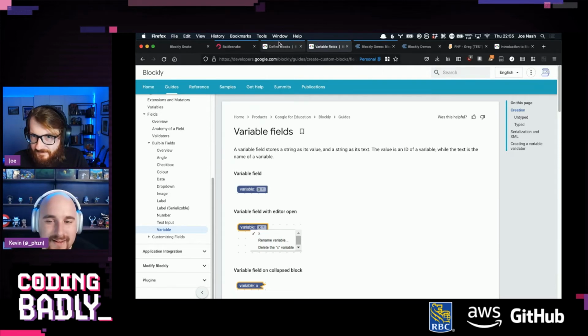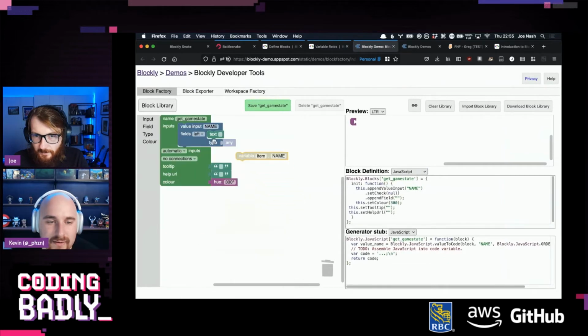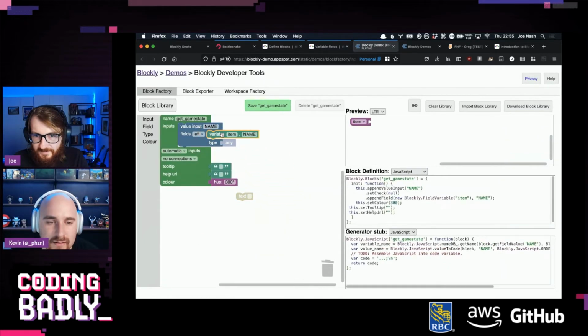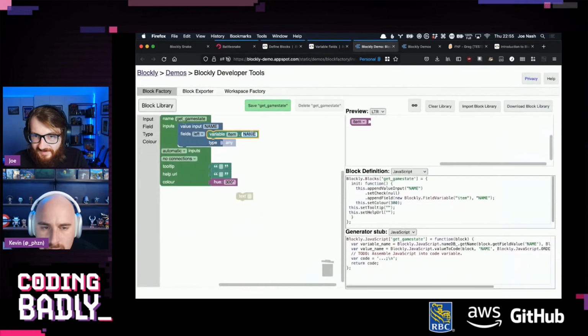Yes. But that's going to have to be a variable defined in Blockly. Variable, item. Okay, so, and then this is the variable? What are these things? Why are there two? I don't understand. Is this setting the... Why do we have item and name on our variable? Well, look at the generator stub. Move it in and out and see what happens to the generator stub, maybe.